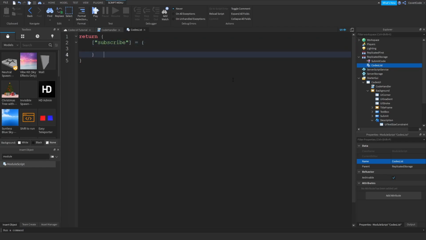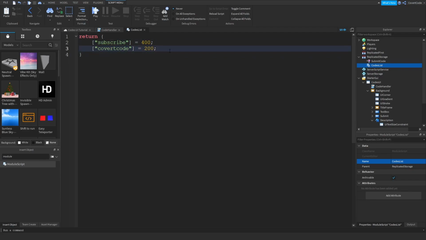Okay, just like that. And essentially, we're just going to be creating a dictionary, okay? Actually, we don't even need a dictionary. Let me not overcomplicate this. Subscribe will give you, for example, 400 coins, okay? If we want another code, copy that, and we can call it CovertCode, okay? So the code is going to be CovertCode, and you're going to get 200 coins for submitting CovertCode as a